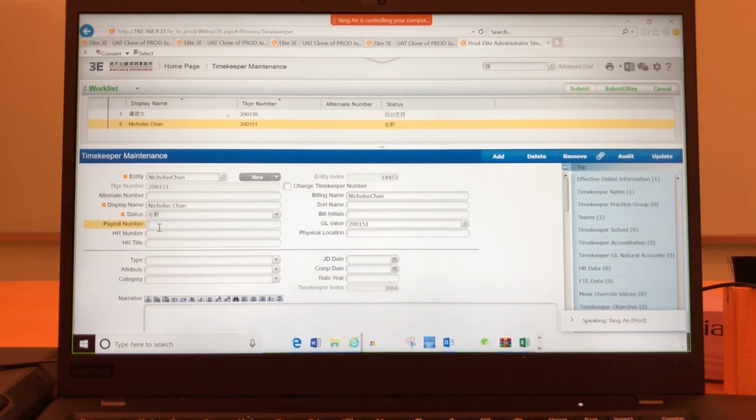So Samuel, maybe going forward, we can consider using an extra field like payroll number to store your Chinese name here. Payroll number is just a free field we don't use, so we can leverage this field to fill in your Chinese name here. The reason why we don't use the billing name, store name and billing initial is because potentially,